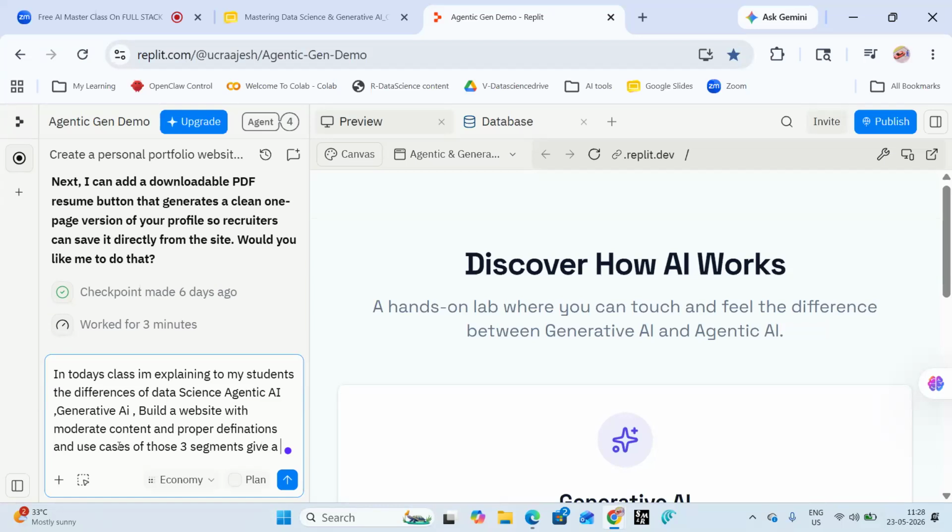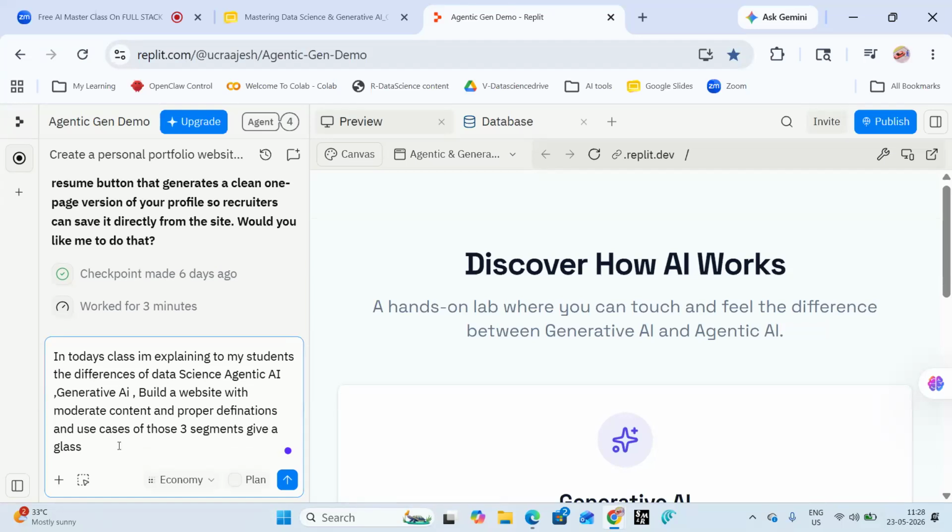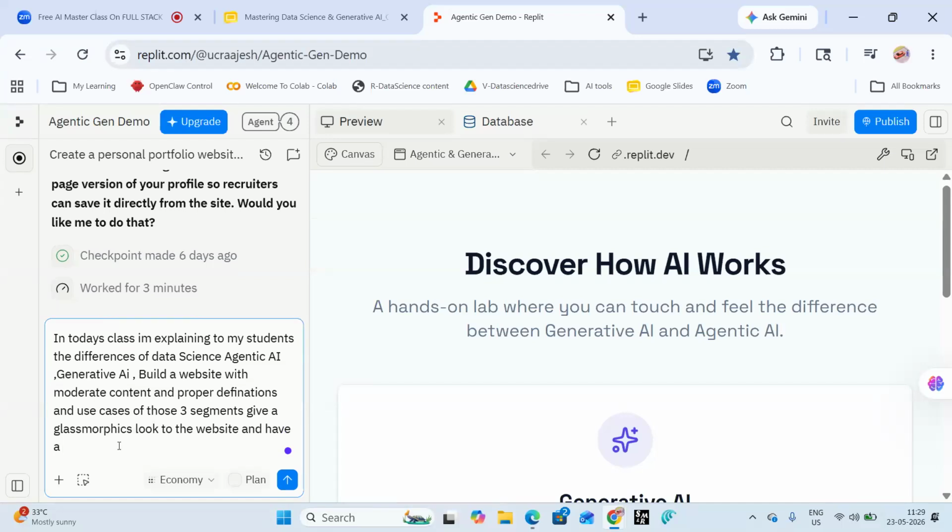Give a glassmorphic look to the website. Also have a QA session on one of the pages.